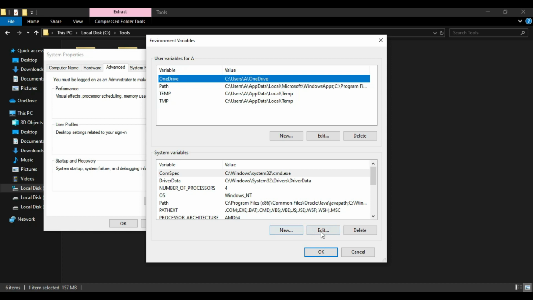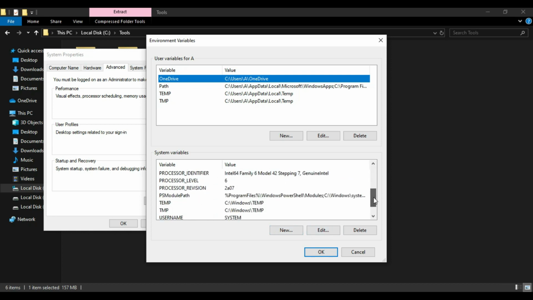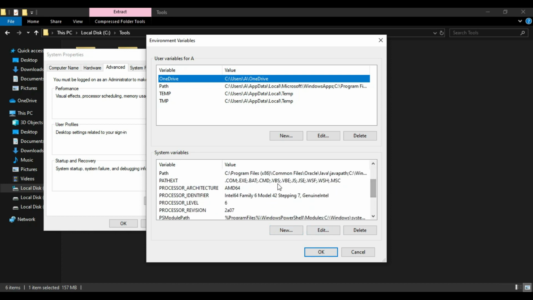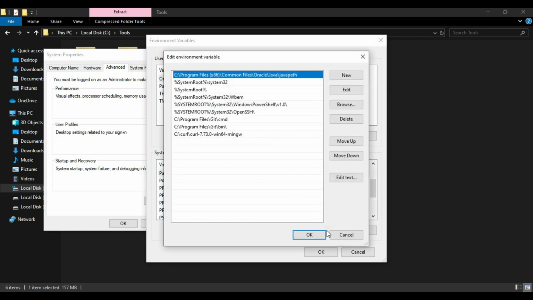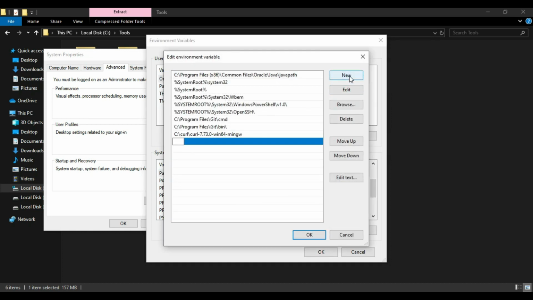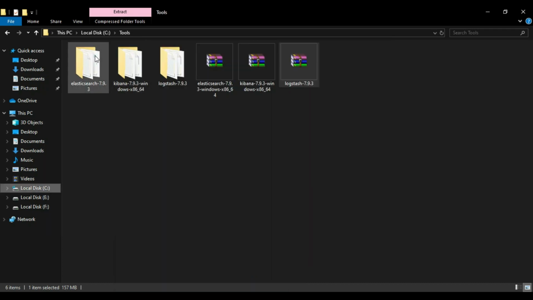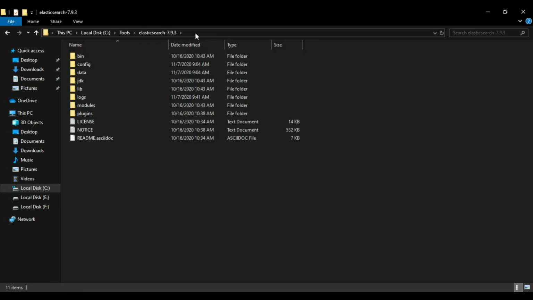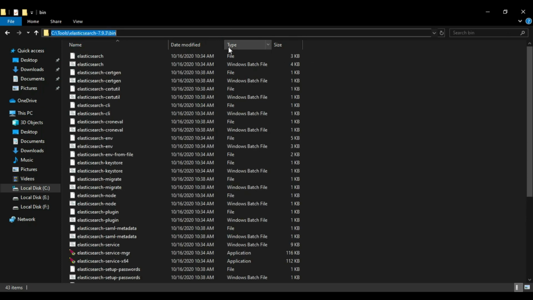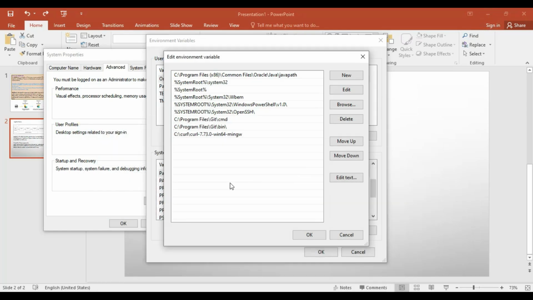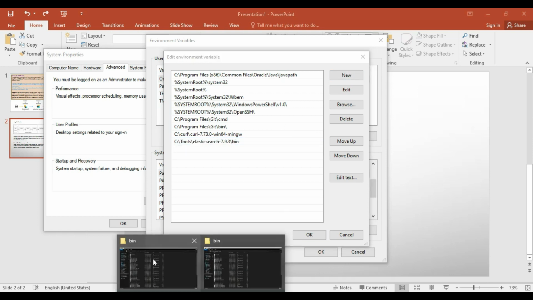For that, you just have to add the environment variable values. Go to the Path section, edit it, and say New. Inside this new entry, copy the Elasticsearch bin directory, press enter, then again New, and copy the path of Kibana also.